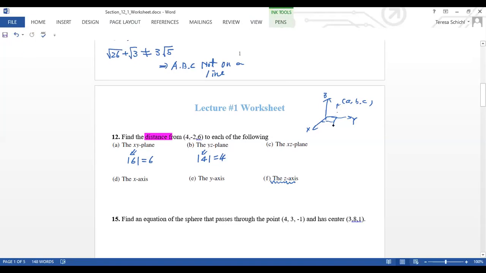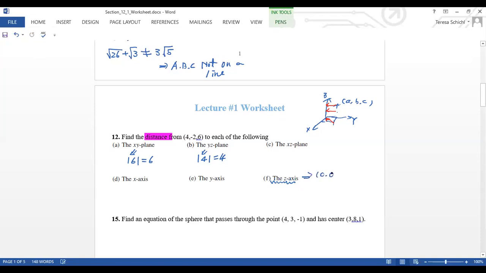So the z-axis, that means the distance from this point to where? To here, to the z-axis. The distance is always the same, exactly the same, like for this one to the z-axis. So what is the distance here? In here, what is this point here? This one will be from this point, A, B, C, to the Z's. So I know to here, the distance to the Z-axis is basically, you try to